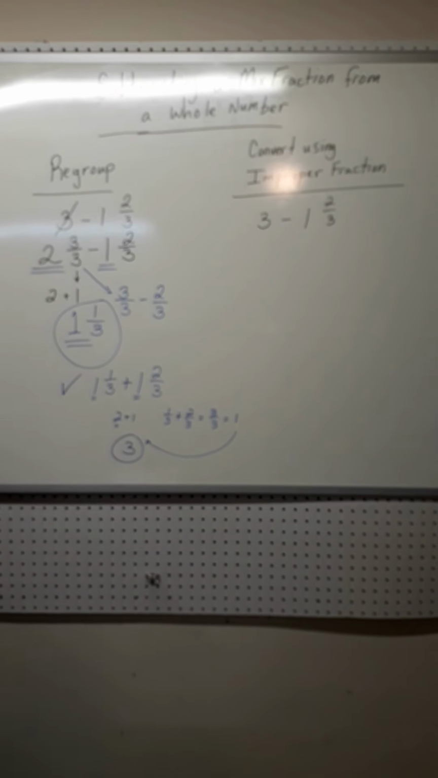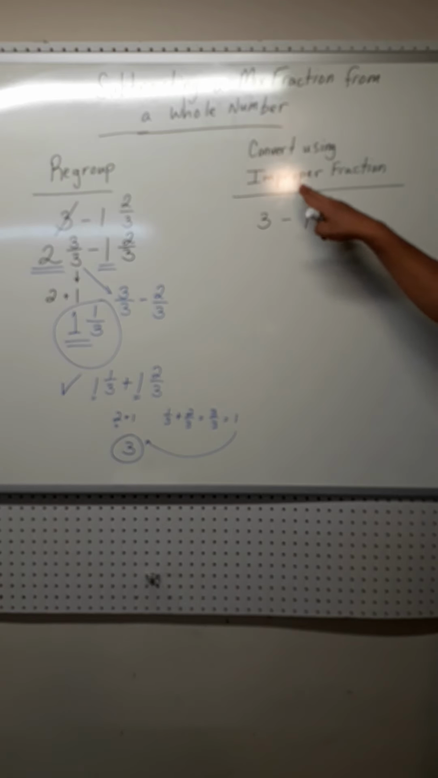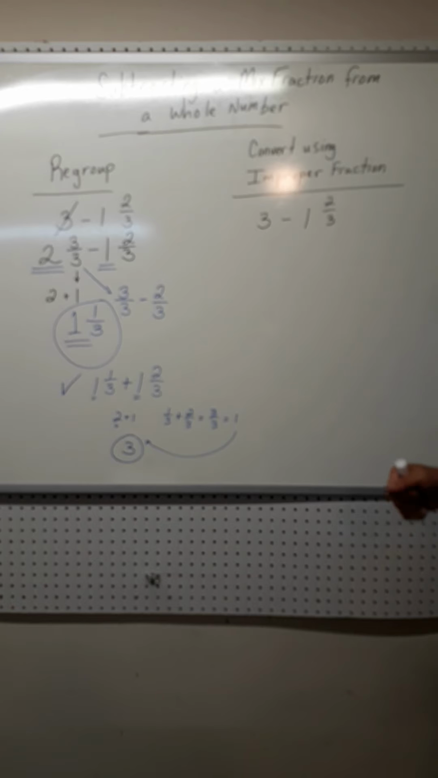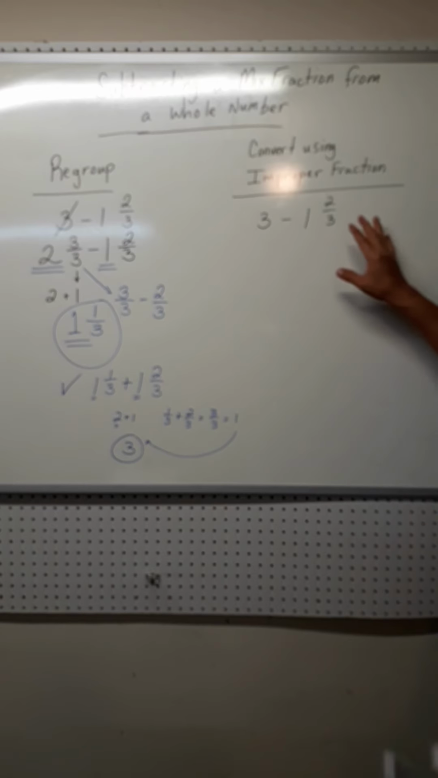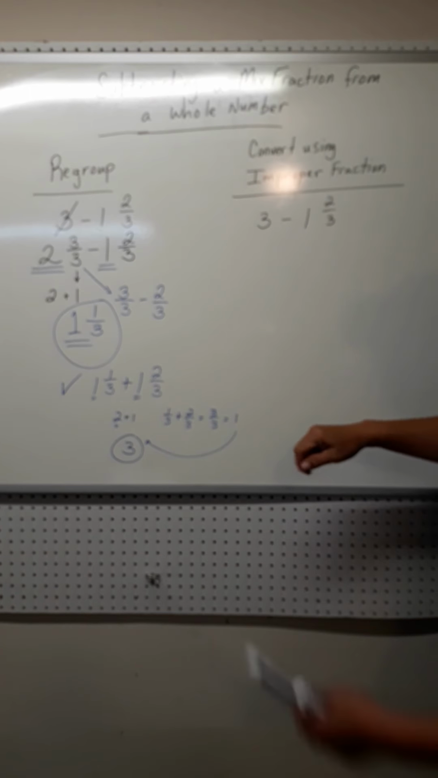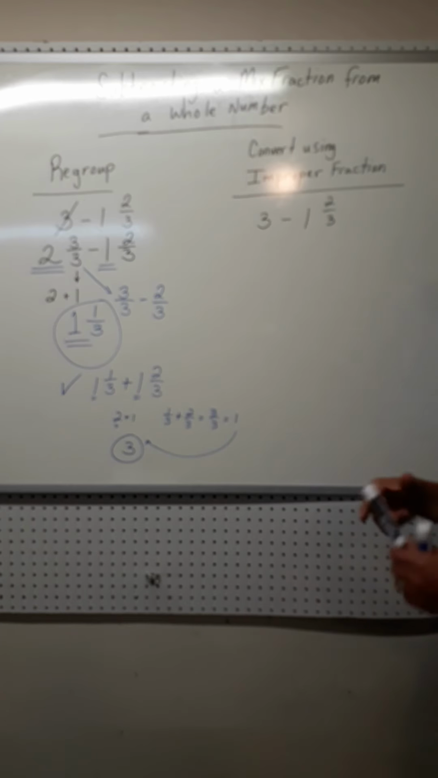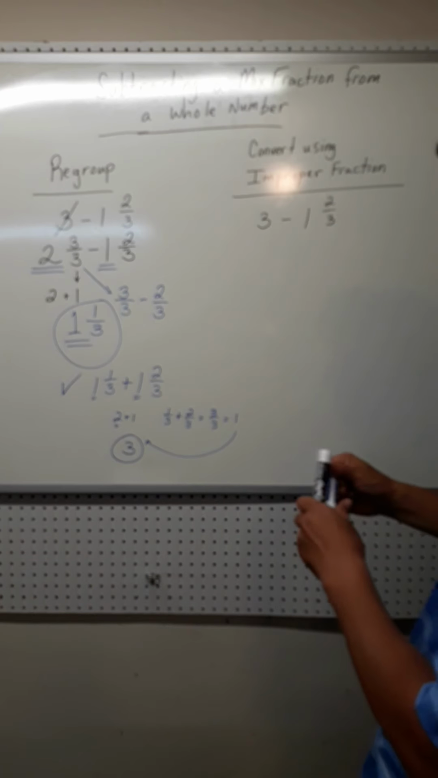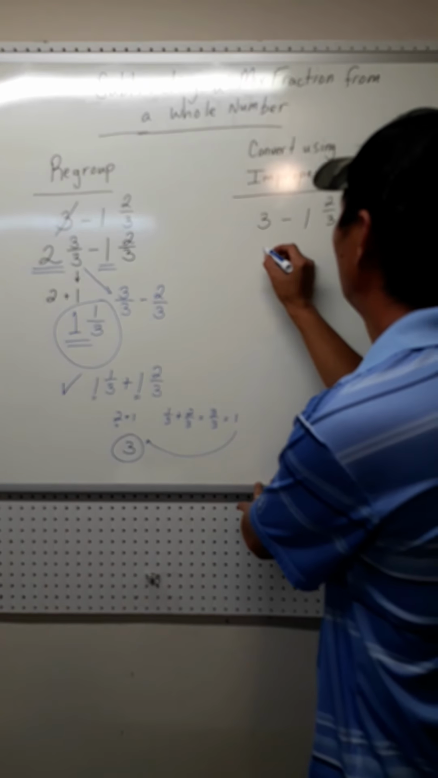I'm going to switch over to the other side and use the improper fraction method. Well, I know that this is a mixed fraction and this is a whole number. Whole numbers can always be placed over 1. So now I'm going to put this 3/1